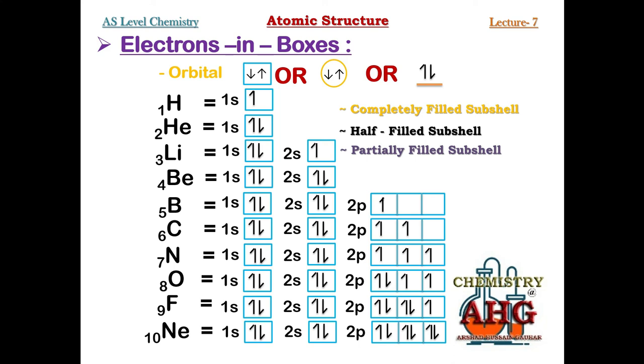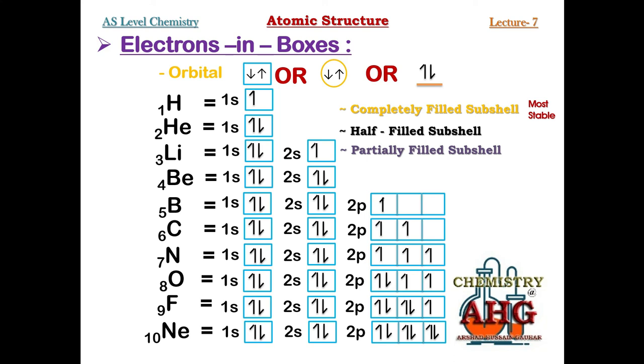What will be the half filled d subshell? d5. And what are the examples for a partially filled d subshell? d1, d2, d3, d4, d6, d7, d8, d9. So now you are able to identify what is a completely filled subshell, a half filled subshell, and a partially filled subshell. And now you must also be able to decide which type of subshell is stable and which one is unstable. Always remember, completely filled subshells are the most stable,